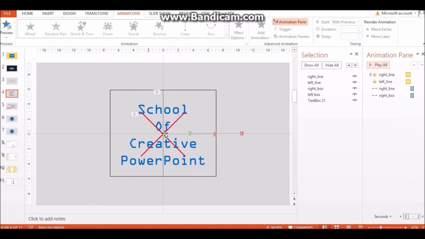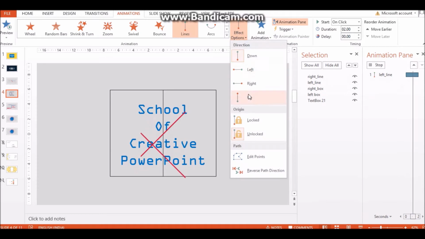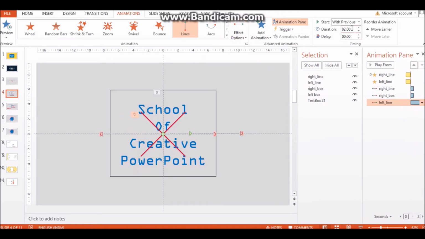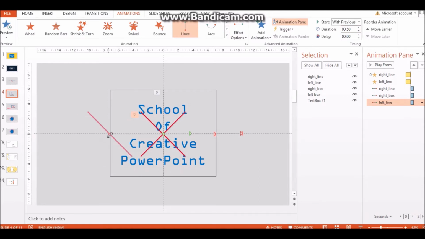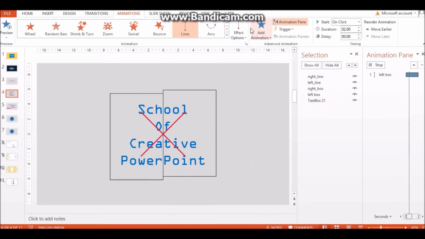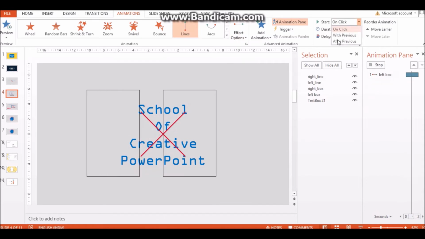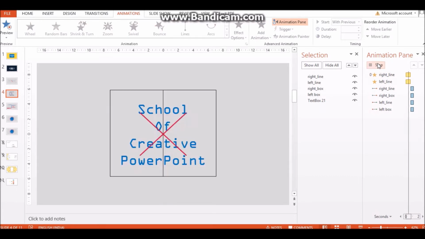Now we will do the same thing on the left side. Picking the left line, add animation, lines to the left, with previous in 0.50 seconds, and it should end at the left end of the text box. Adding the animation to the box, lines to the left, with previous in 0.50 seconds. So if we play all of them now